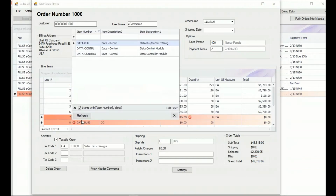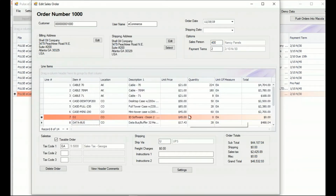I'm just going to click on here. And you can see that it was supposed to be BUS, and on Amazon it was BUSS, a common thing that happens. So you just simply click here and you fix that. And down here, well, there's no quantity on this order. So probably what we want to do is, you can research this, but just for discussion purposes, we're just going to put a 1 in there. So at this point, the order is clean,